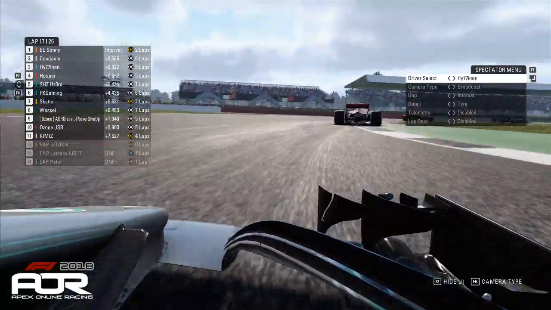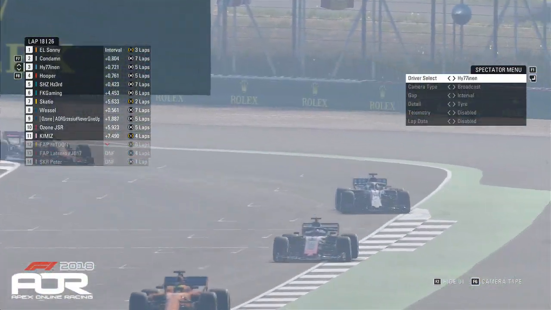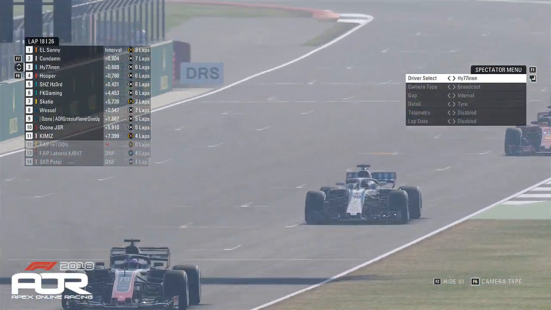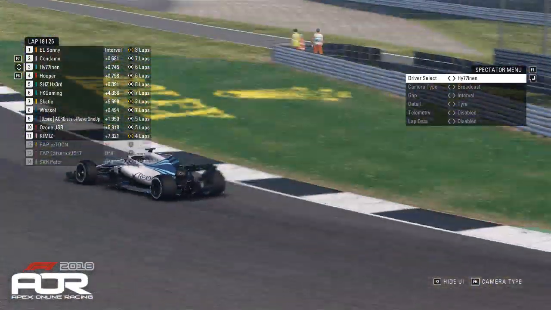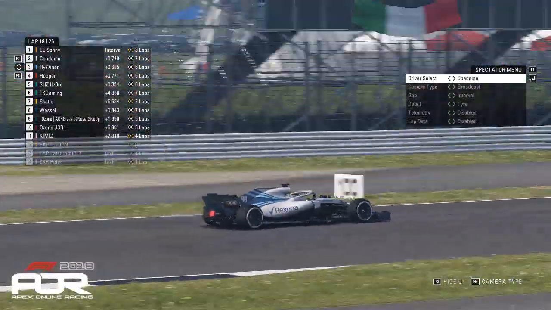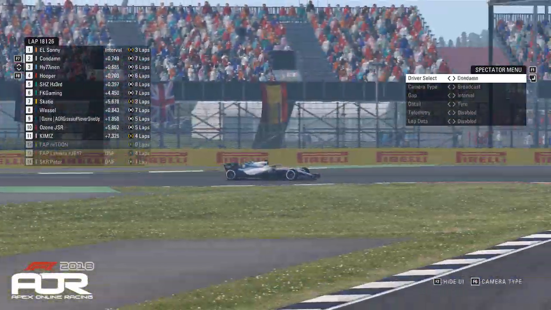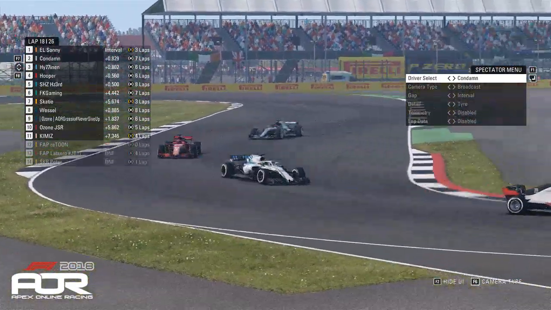Maybe now that he is behind Condam instead of El Sonny, because El Sonny is having some great pace, pulling off a bit from Condam, but not being able to get outside the DRS range. So this could also produce some good racing come the end. But for now it's this